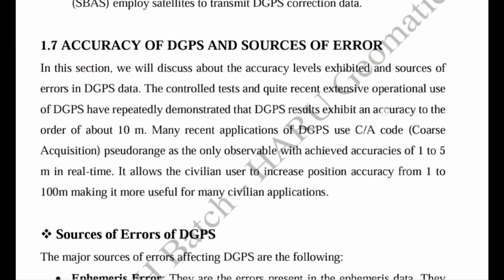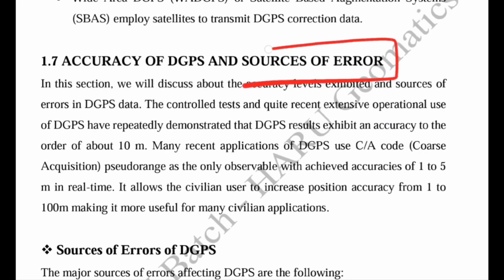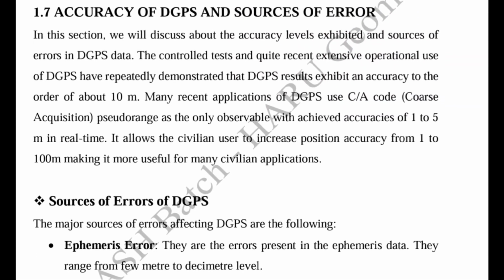So sources of error is the most important topic for exam purposes, because we have seen a few questions in the previous years of the GATE Geomatics. So we will focus on these sources of error. Here we will find out the names and get an overview of the sources of error, but the explanations will be covered in the upcoming unit.